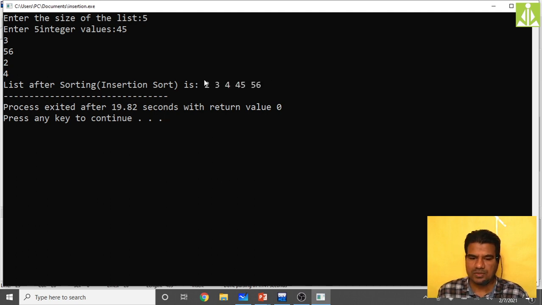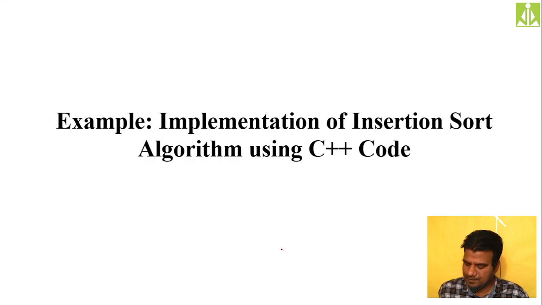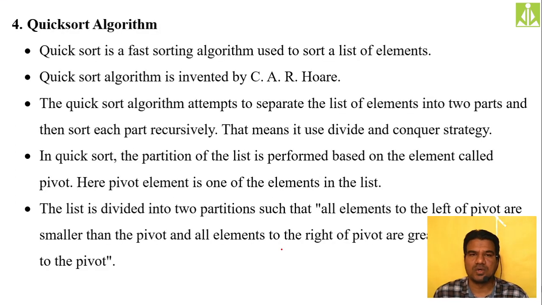Okay, so then we have the next sorting technique, which is quick sort. It is one of the complex techniques to discuss and one of the complex techniques to implement. Basically the concept itself, because just to minimize the time complexity we are using this quick sort technique, but in turn it is having a lot of difficult concepts, we can say.